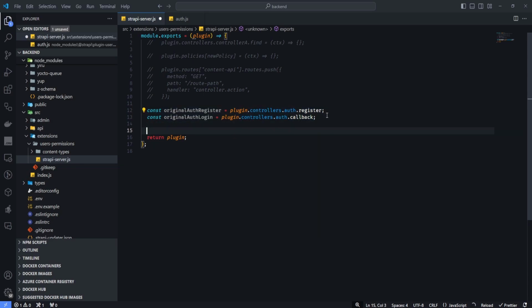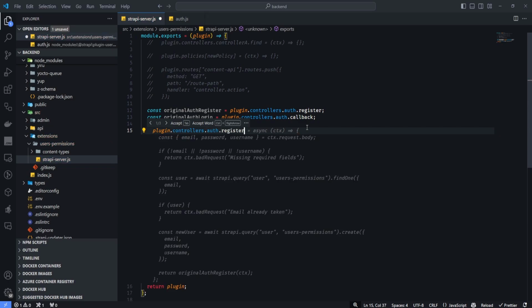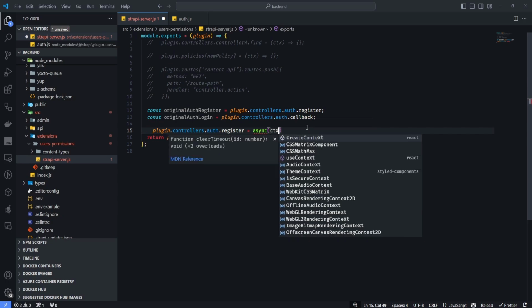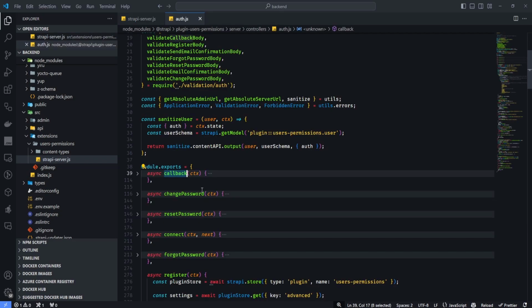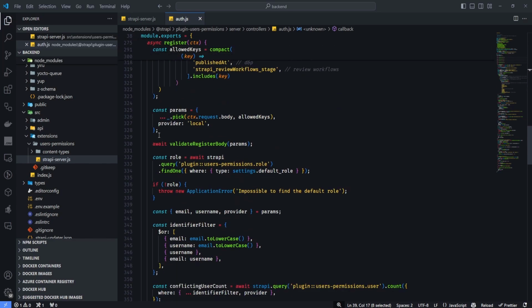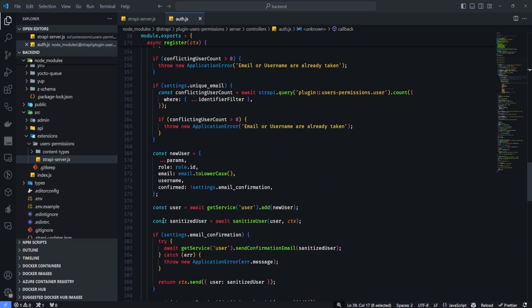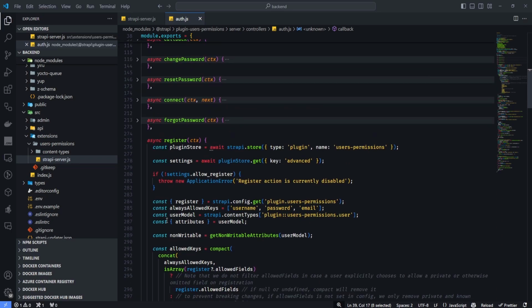So starting with the registration one, we're going to say plugin.controllers.auth.register is equal to an asynchronous function that's going to get the context as the first argument. And the first thing that I want to do in this function is to call the original registration method. So I'm going to say await original auth register and pass the context to it. Right. Now, what this will do is actually call this function right here and perform all of this action. So everything within this register function will be executed, and we don't have to worry about re-implementing this entire